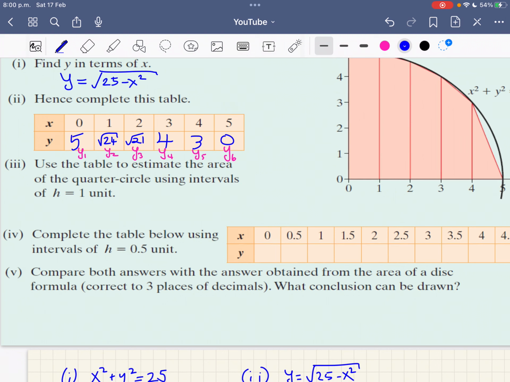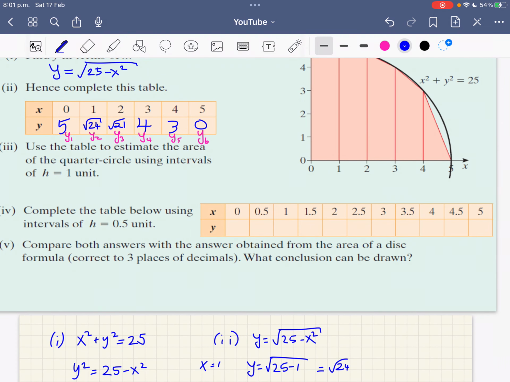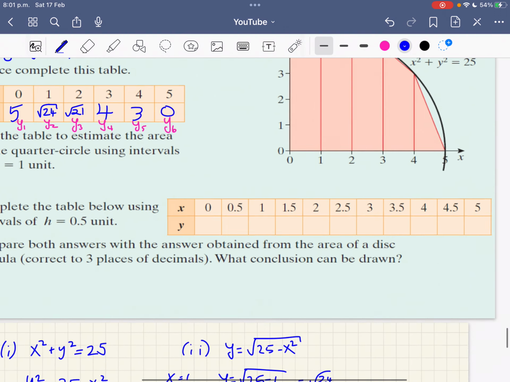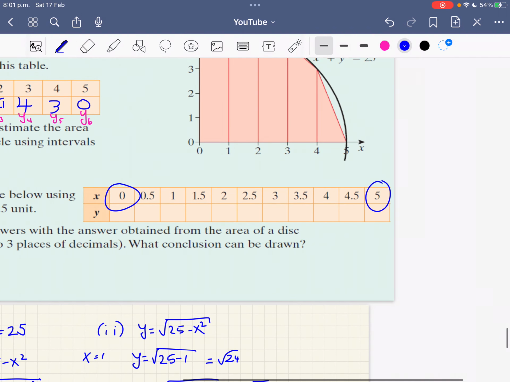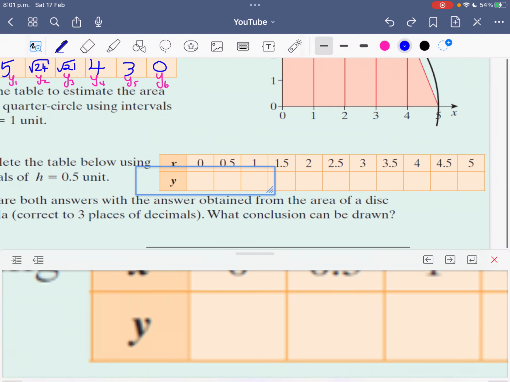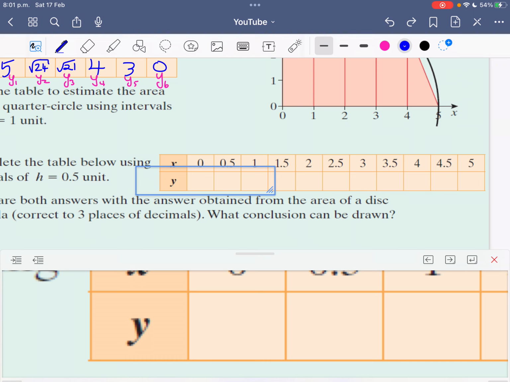Complete the table below using intervals for h equal to 0.5 units. So using the same method as before, sub in. You could use your table function in your calculator. The step this time is 0.5. So you could actually do that with your calculator in table mode. Start is 0, stop or end is 5, step is 0.5, and that is the function that you'd put in. Y is equal to 25 minus x squared. When you do that in table mode, and it would be very good practice to do that just to get used to using table mode, you get 5,